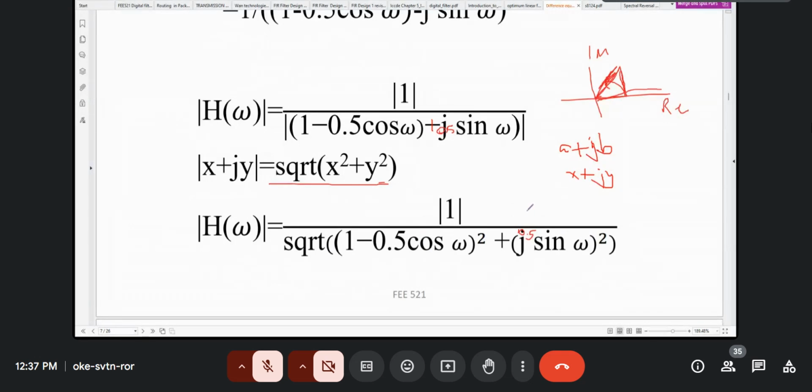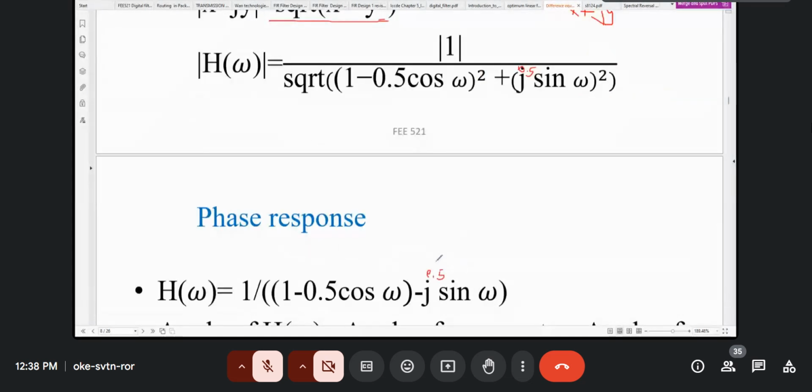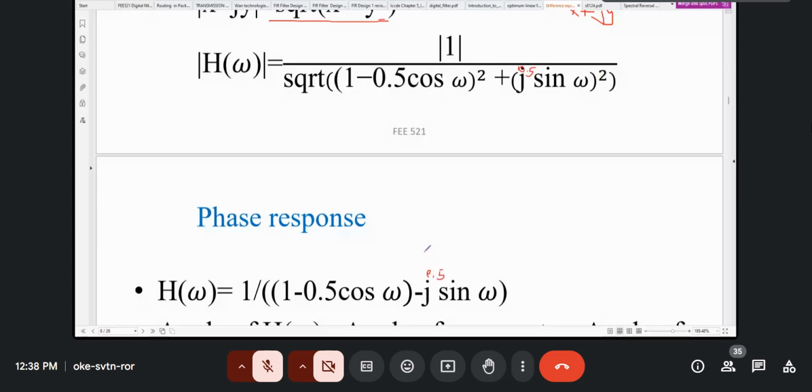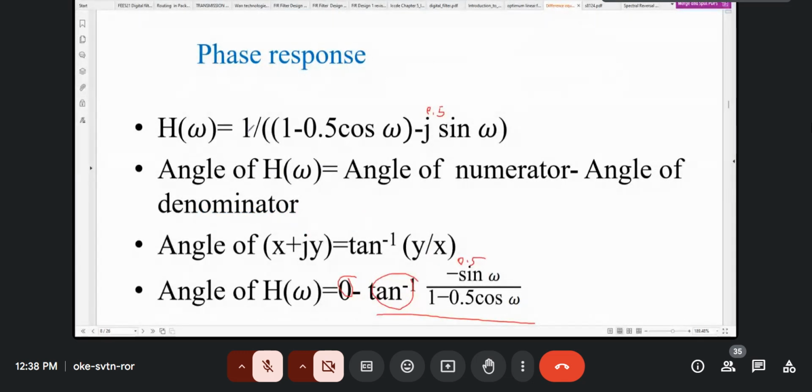But I guess from here we are okay. So H of omega is that. Yeah, that should be okay. Thank you for pointing that out. Phase response, H of omega